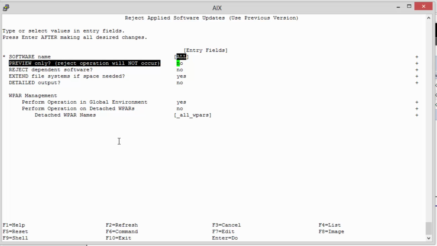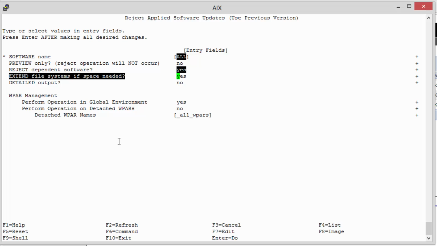Preview only, if we want to preview, we could hit yes. If we don't want to preview, then we leave it as no. For reject dependent software, we're going to keep this as yes. Extend file system if needed, yes. And then if we want to reject it, we just hit enter, and this process would also take about half an hour, I would want to say half an hour to 45 minutes. So we're not going to reject this. We're going to keep this running,